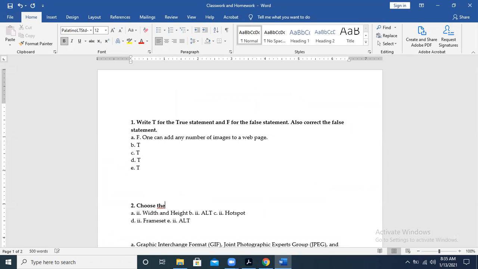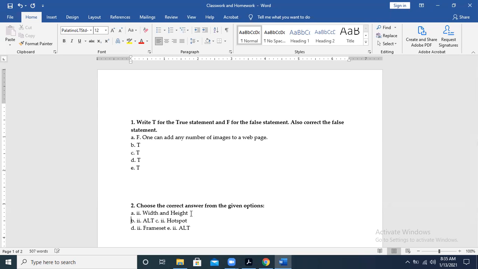Choose the correct option from the given options. This is your question number 2 that you have to write in your notebook.